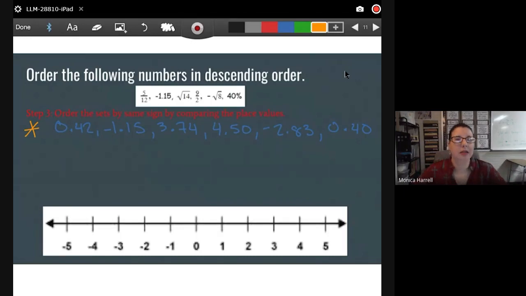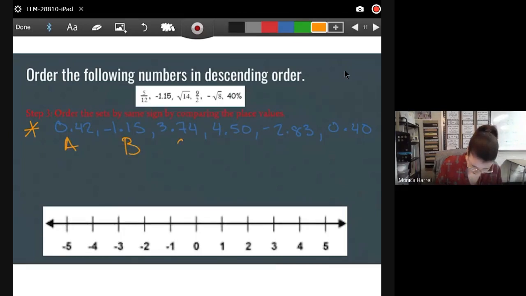Now, the number line is a way to help you put those things in order without having to think too much. You know, if we can make it easier, why not? I'm all about easy things, right? So I'm going to look at this first one. I'm going to call this A, B, C, D, E, and F. And I'm looking at